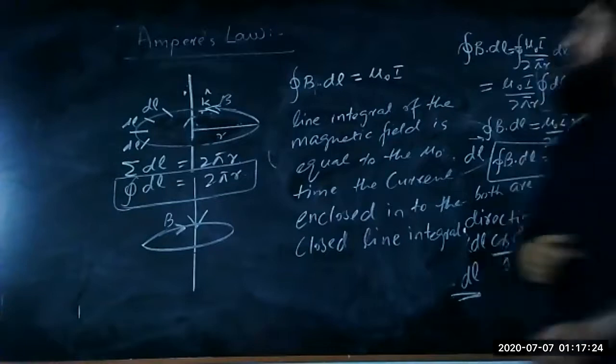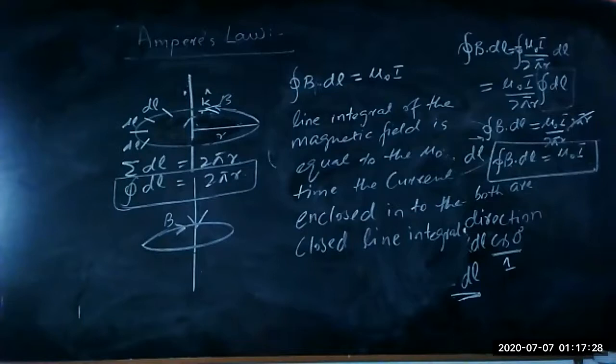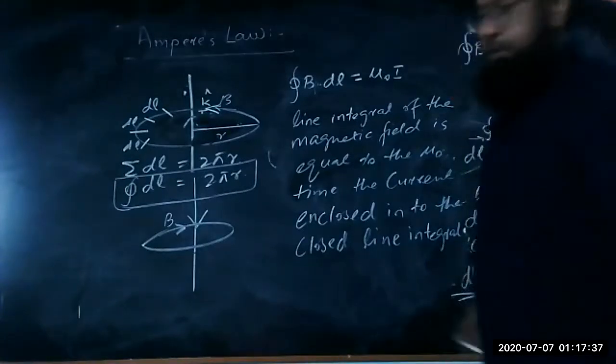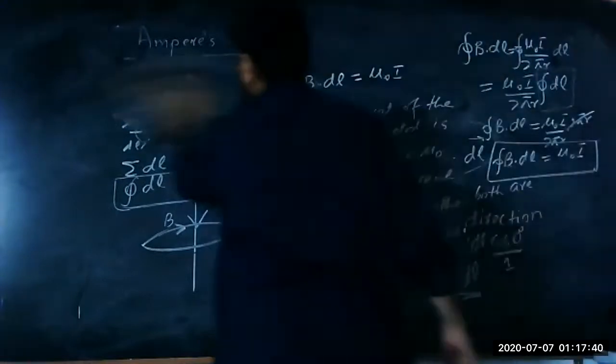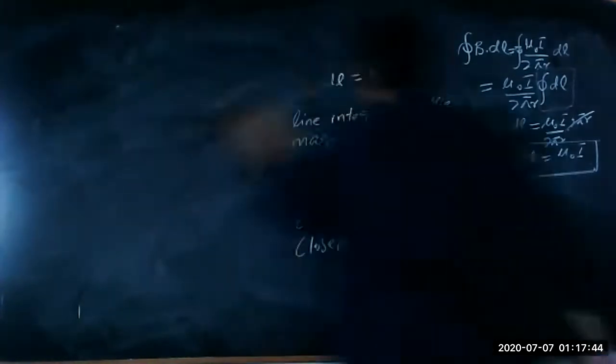We have discussed Ampere's law before. Now the important thing is what the applications of Ampere's law are, which we have to discuss. In the applications, we have two main ones: one is the magnetic field due to the solenoid, and the second is the magnetic field due to the toroid. So we have to look at what the solenoidal magnetic field and the toroidal magnetic field are.